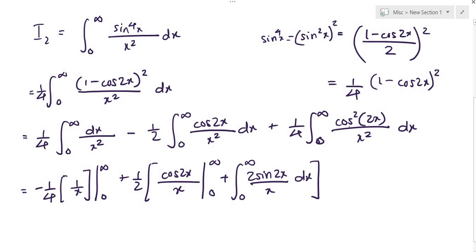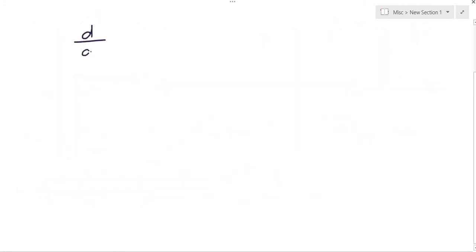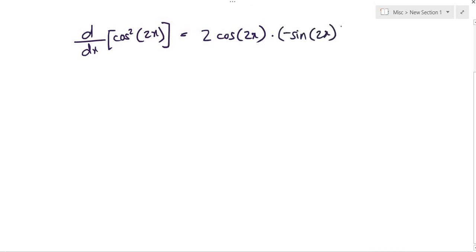And I'm going to do the same on the third term here, the cosine squared 2x term. But let's calculate the derivative of the numerator separately so that we know what to plug in. So the derivative of the cosine squared 2x term is going to be 2 times cosine of 2x because of the power rule, times the derivative of the cosine of 2x, which is negative sine of 2x, times another 2 because we have a 2x, right? Chain rule, thrice basically.